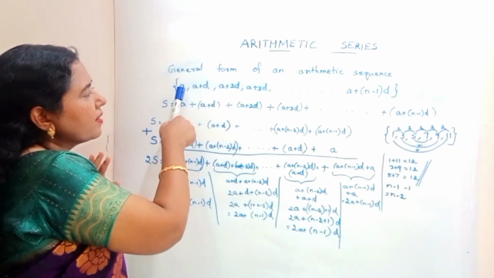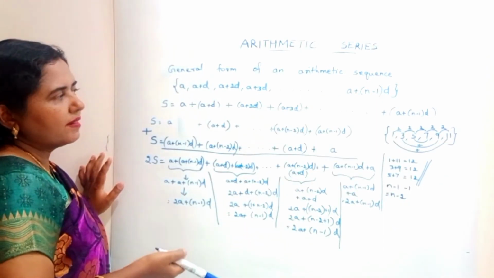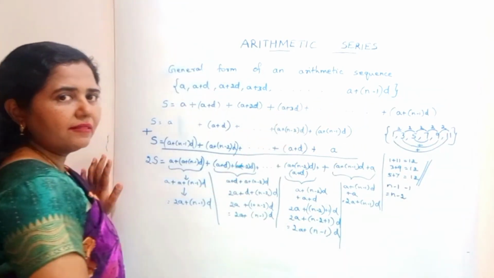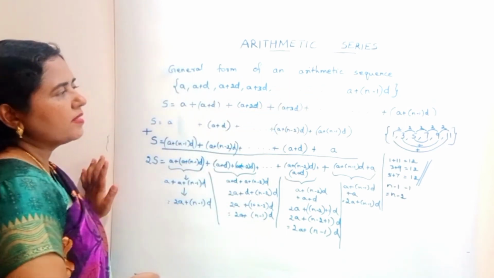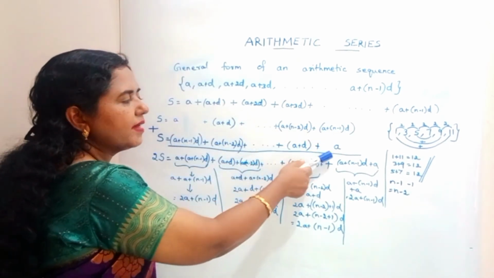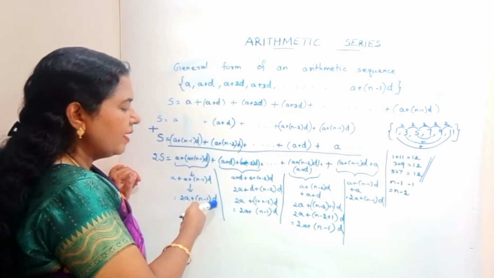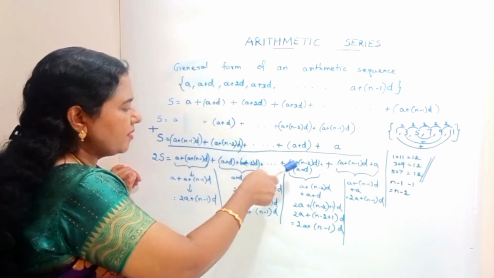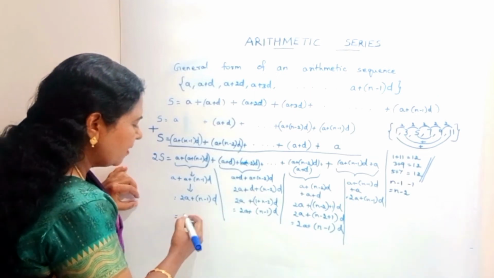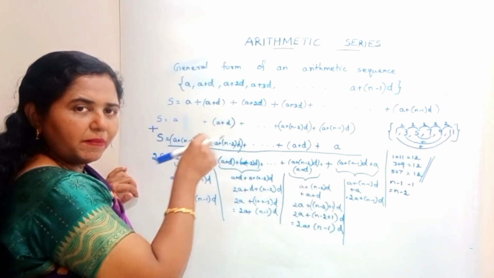Already we have seen that the number of terms in this sequence is equal to n. So considering that only, we have written the last term as a plus (n minus 1) into d. That is the expression for the nth term. So the number of terms present in this arithmetic sequence is equal to n. Here there are n terms. Similarly, here there are n terms. So totally we will be having this 2a plus (n minus 1) into d n times. So when we are adding all the terms, we will be getting this value added n times. So that can be written as n into this value. Because we are going to get the same value again and again, and we will be having a plus sign in between.